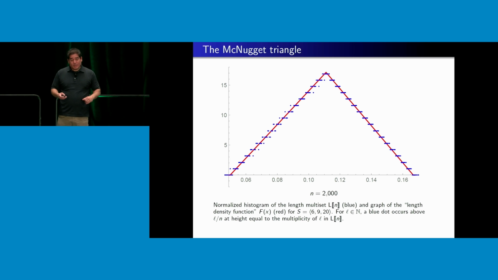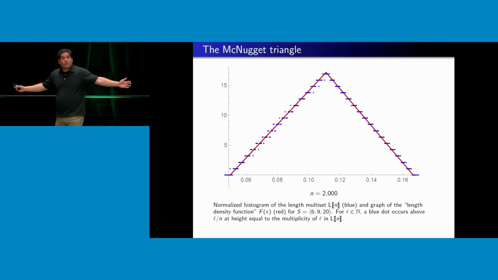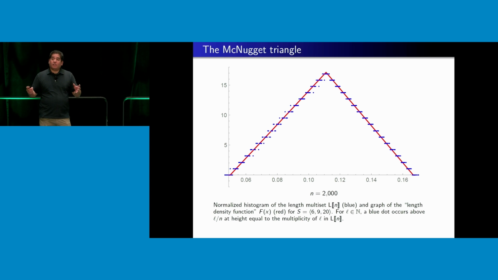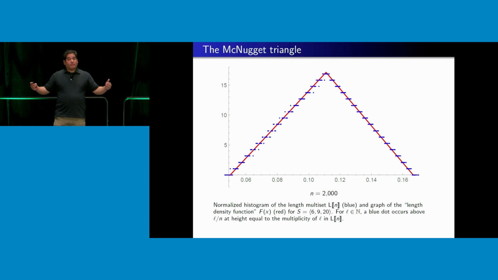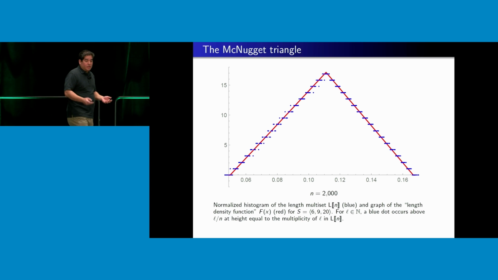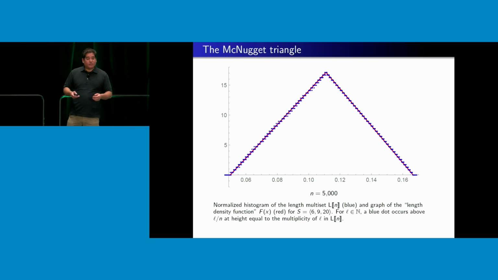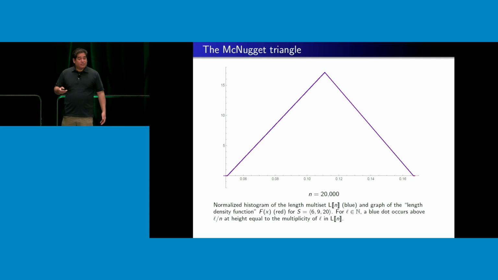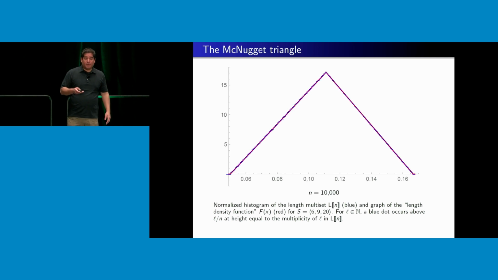Now my step pyramid has more steps. What I'm doing here is I'm squashing things in horizontally. I'm scaling all of those histograms by dividing in the horizontal direction by n, the number of nuggets ordered. So what you'll see here, if I do that, I'm attracted, in this case, in the classic chicken nugget example, to what looks like a true pyramid.